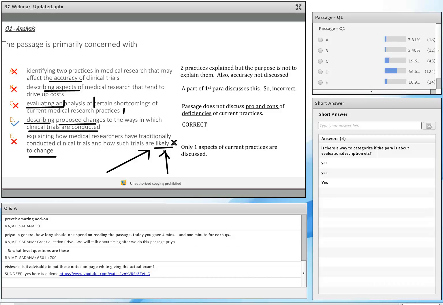For those of you asking whether it is important to spend 30 minutes on a passage versus solving 3 passages in 30 minutes, my question to you is, where do you think you'll get more learning? What approach will help you avoid mistakes in the future? Spending 30 minutes on one passage or rushing through 3 to 4 passages in 30 minutes? 30 minutes on one passage, yes. And making sure that you don't repeat the mistakes.